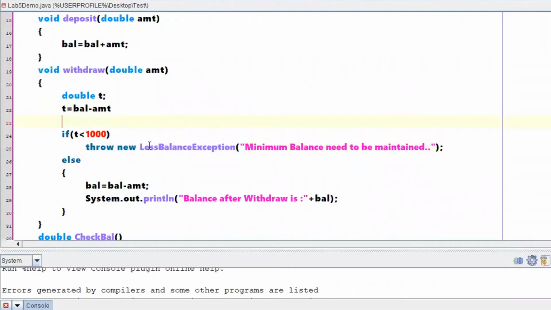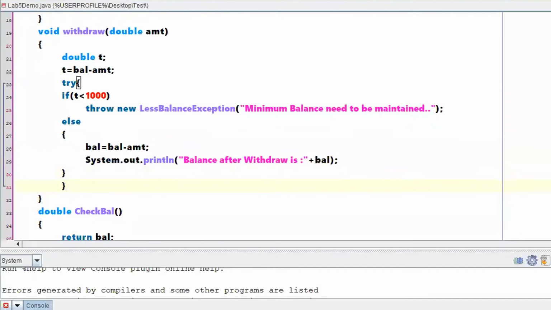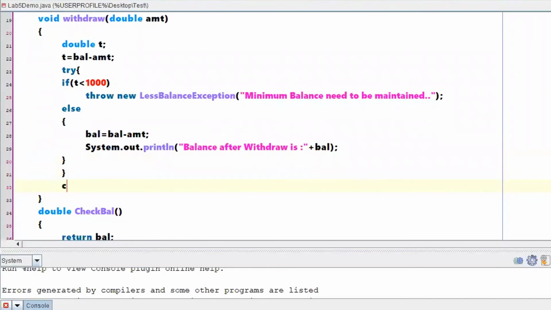That is what we have discussed completely yesterday, right? We said that when you are extending, when you are making your class as your checked exception, then those statements need to be included under try catch block. So this is the close of else where I will close my try block, right?